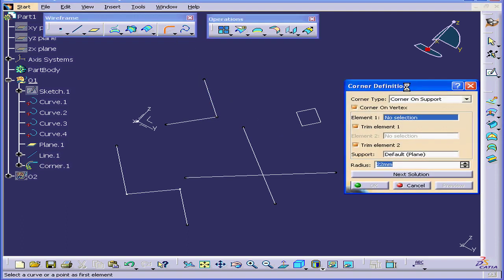Let's activate the corner command, and first we'll choose a corner type. We've got two types, corner on support and 3D corner. Let's select corner on support first and disable the other options here. Let's select a support corner, this line,